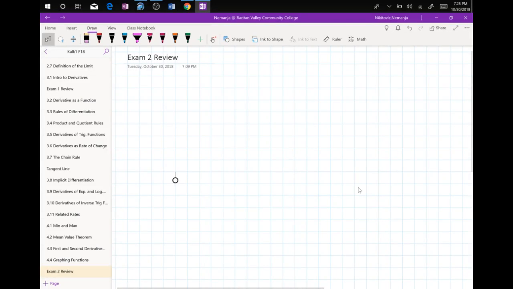We are focusing on chapter 3, and with chapter 3 we also have to know the limits, right, because of the first section, and then after that we have all the derivative rules and all of that good stuff. So let's take a look. So we are focusing on chapter 3 in exam 2. We're talking about 10 problems,